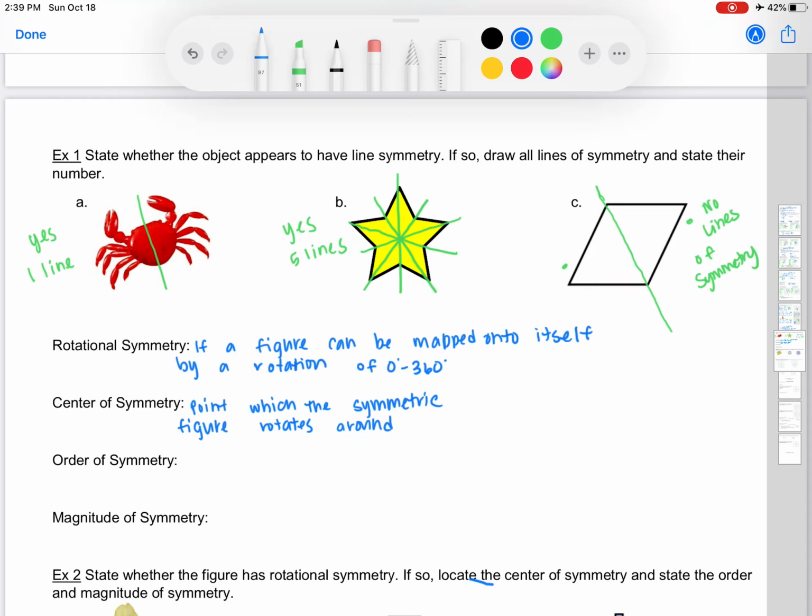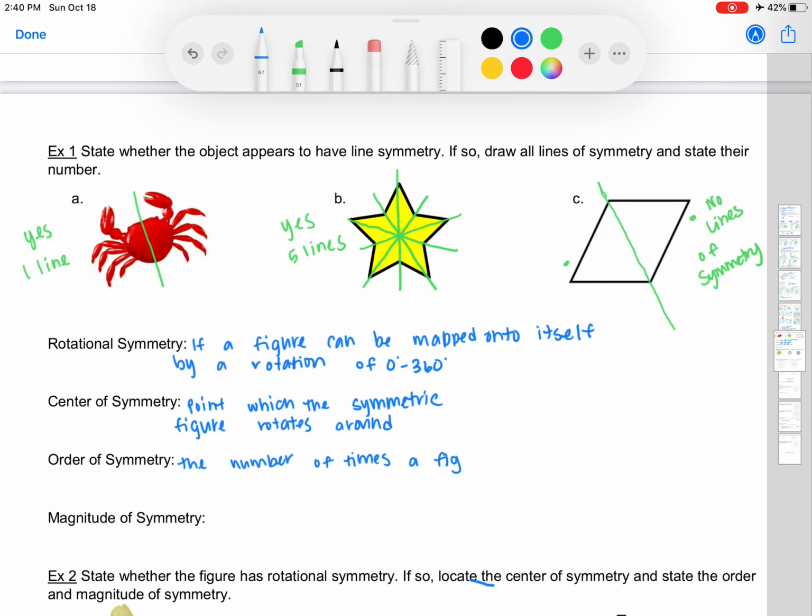And when we're looking at rotational symmetry, we're trying to figure out how many times that figure is itself when rotating around. So it's like when you were a kid, there's that toy with the blocks. It's a giant cube that you try to put figures into. You have stars and octagons, and you're trying to make sure that it fits into the hole. That would be our order of symmetry. So it's the number of times a figure rotates into itself